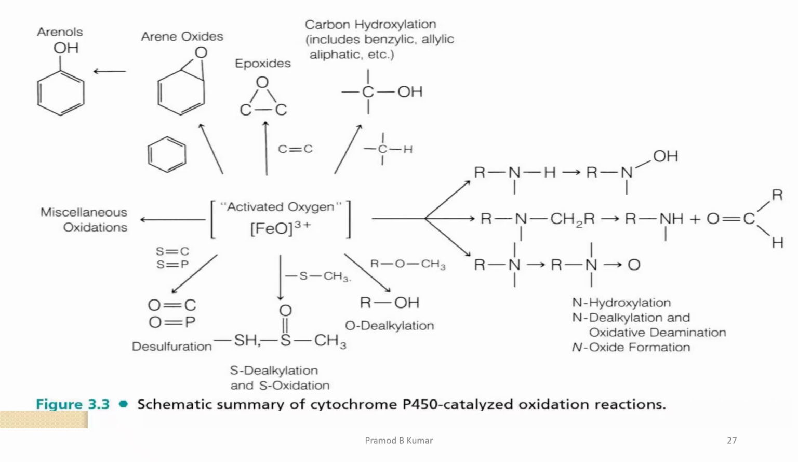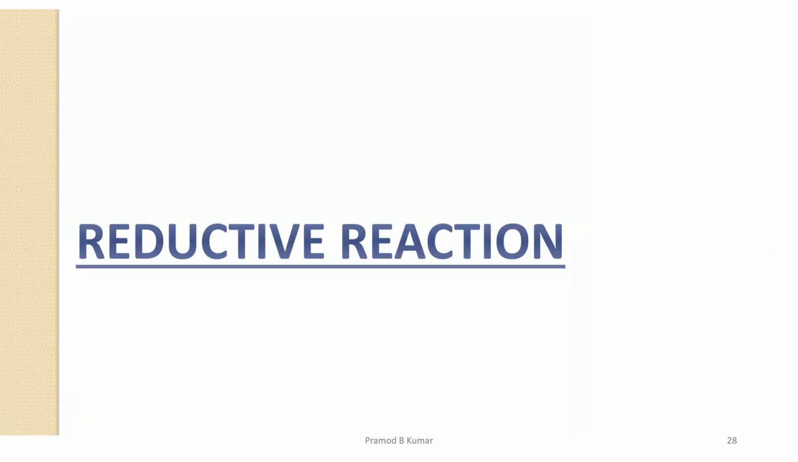So this various disulfide gets converted into SH, bond breaking happens, and hydroxylation happens, and dealkylation, oxidative deamination, and oxide formation. These are various reactions in which your cytochrome P450 family are involved. So the next,